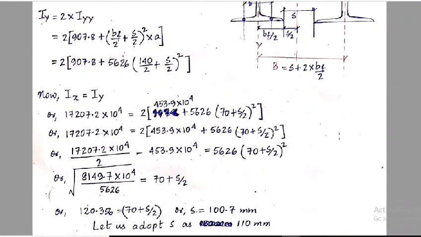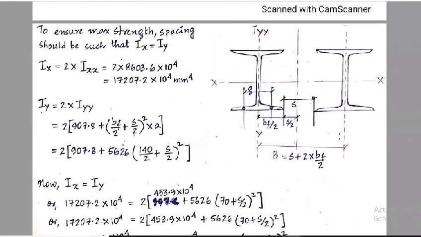So this is how I have determined the clear spacing at which the two columns will be placed, and I have also determined the section with which my built up columns will be made of. The next thing that I have to do is design the lacing. And I have to check whether the force which is being exerted on the lacing is adequately carried by the lacing or not. I will give the links of my other two videos on the design of lacings below the description box of this video.